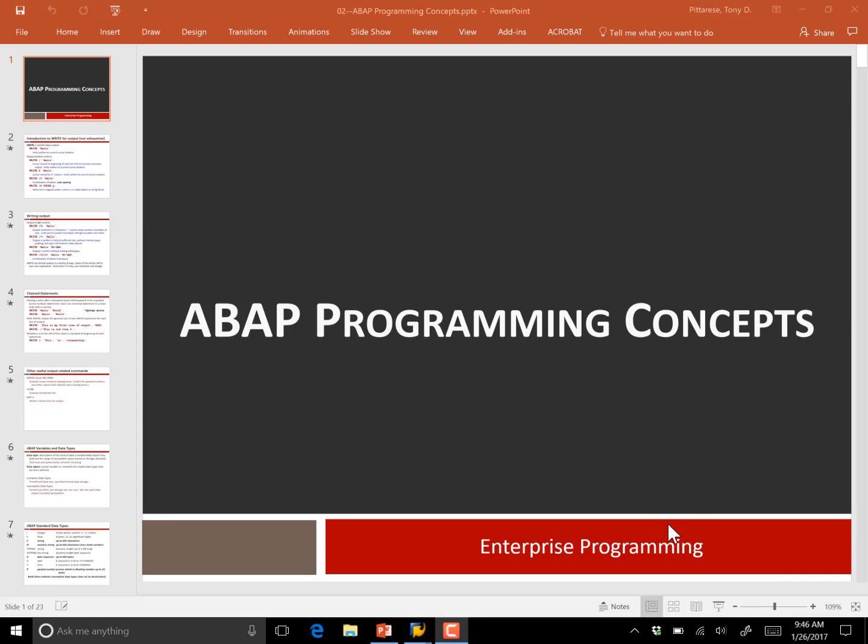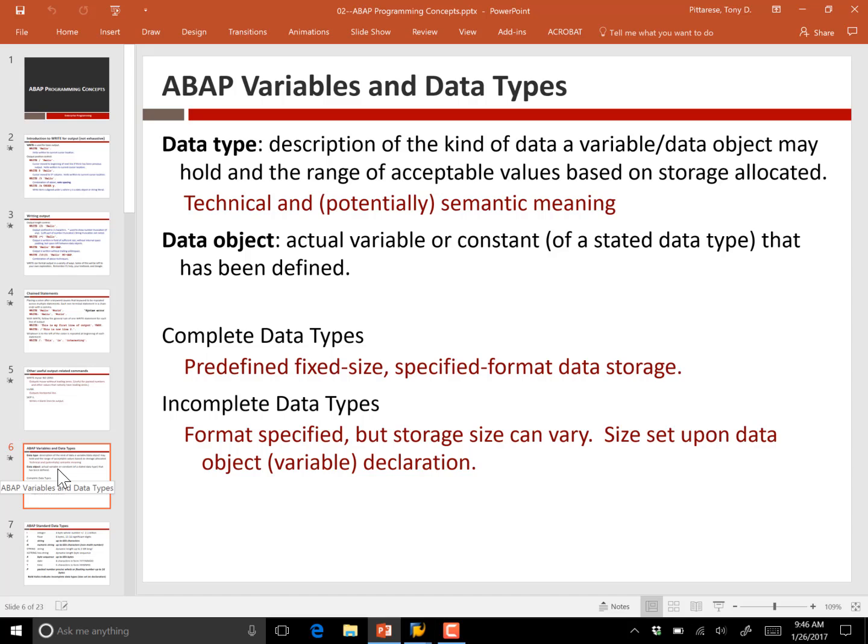Well, when we were together last time, we were talking about the concept of data types, which you have seen in other programming work you have done. I'm quite confident this is certainly not something that is unique to ABAP. But one thing that is somewhat unique to ABAP is the idea that we have two broad categories of data